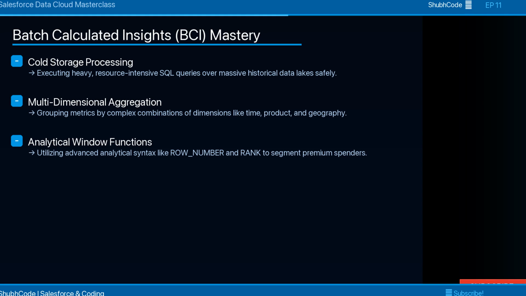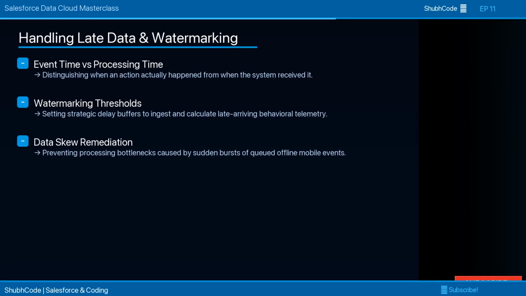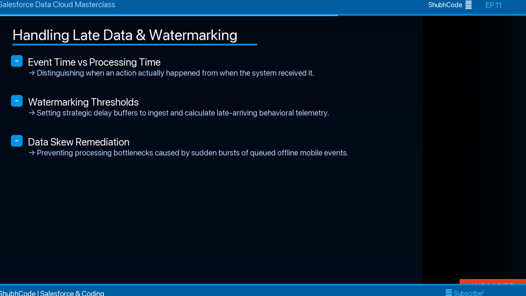profile attributes. One of the most common pitfalls in streaming architecture is dealing with late arriving data. Let's say a customer makes an in-app purchase while in a subway tunnel, and the event signal is delayed by 20 minutes. If your sliding window already closed, that event could be lost or miscalculated. Data Cloud uses watermark thresholds to handle this. Watermarking tells the system how long to wait for late data before officially closing the window, balancing real-time speed with